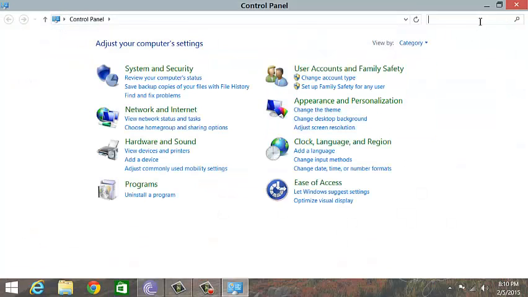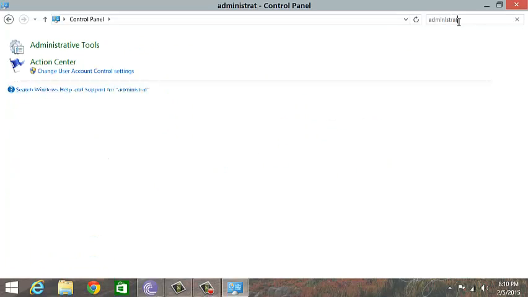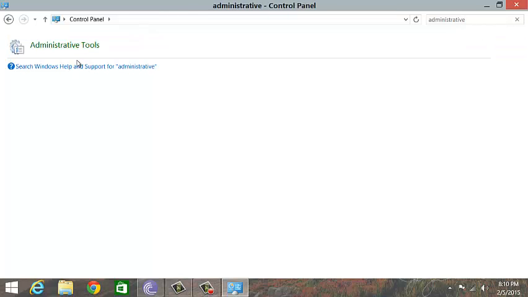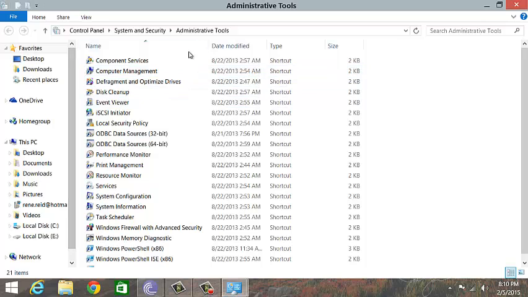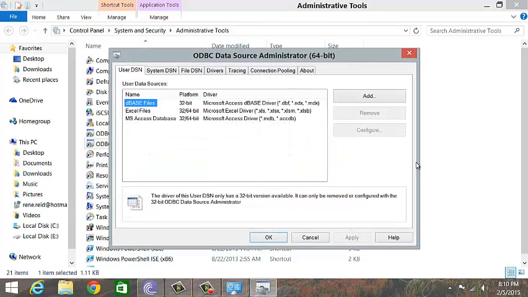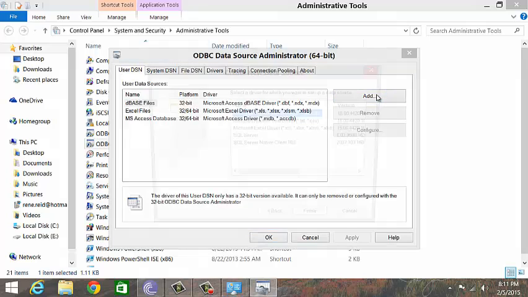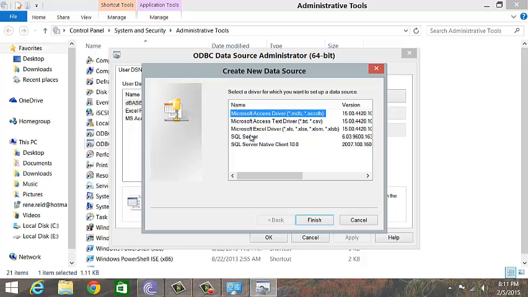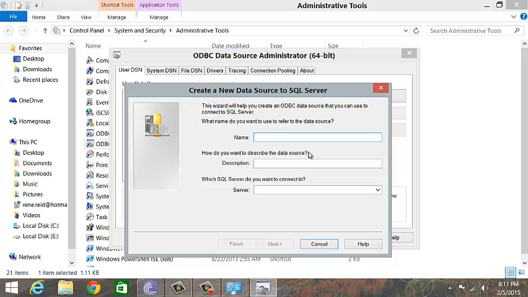This link is done via the ODBC connection, so I have to first go and create an ODBC data source. This is done in Administrative Tool. SQL Server, finish. I'm gonna name it